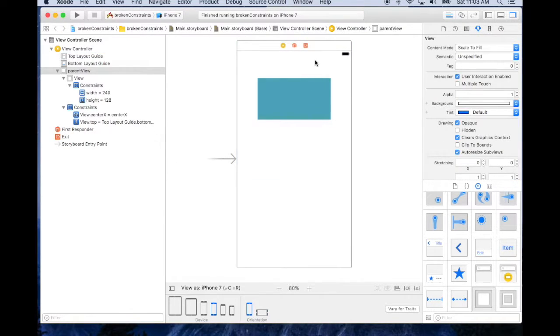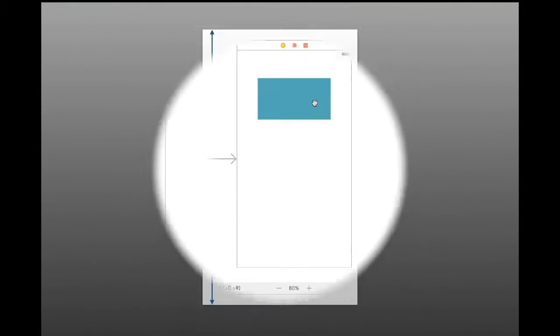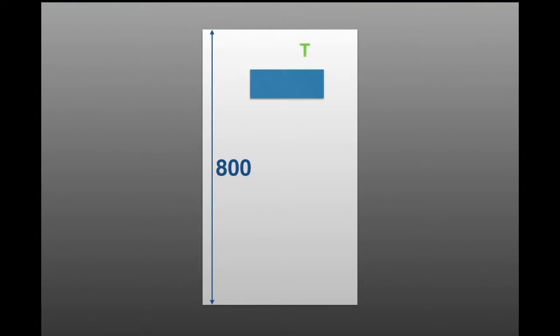So let's go ahead now and talk about the vertical axis. For the vertical plane, we're going to look at the top, the height, and the bottom. If I have a top and a height constraint, then the bottom constraint can be deduced for me because I have 2 of the required 4. Additionally, I can have a height and a bottom and deduce the top, as well as a top and a bottom, and we can deduce the height,